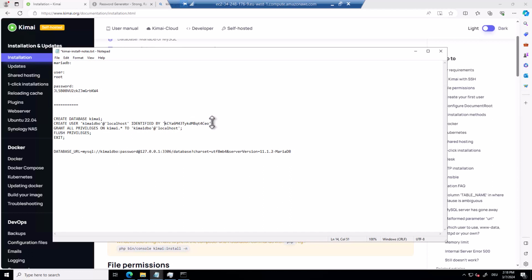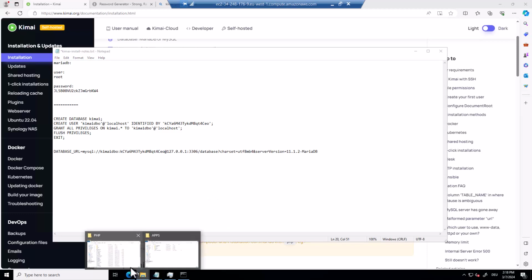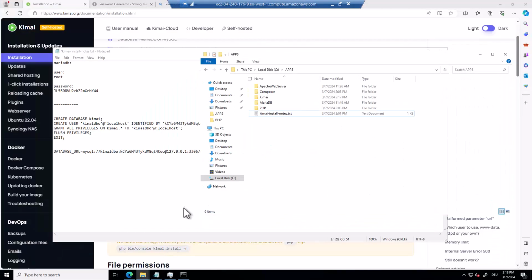And our password is here. And our MariaDB version